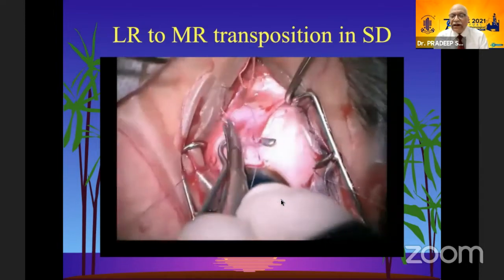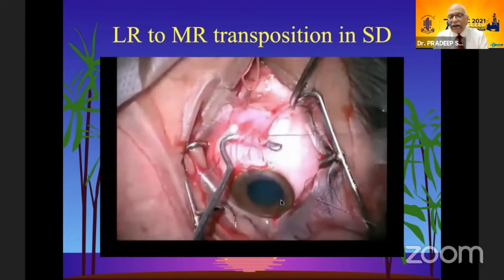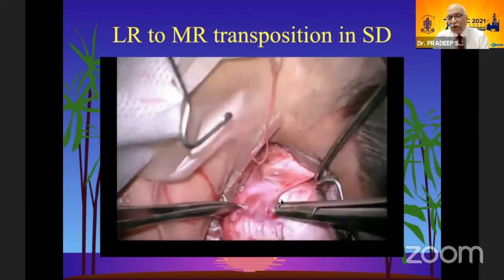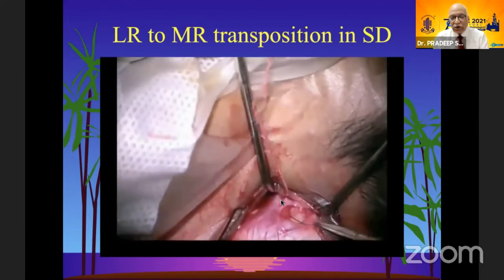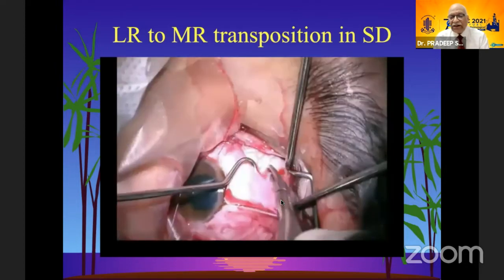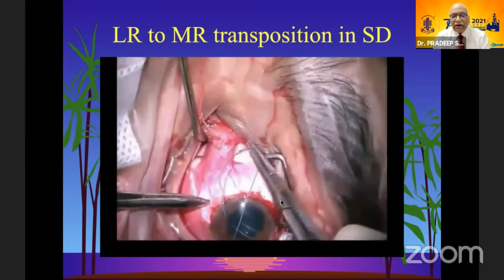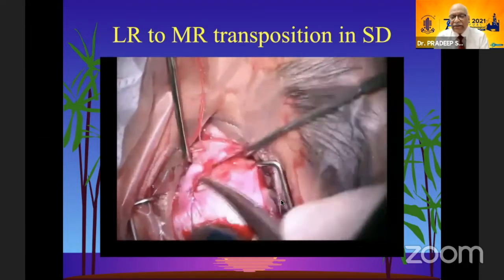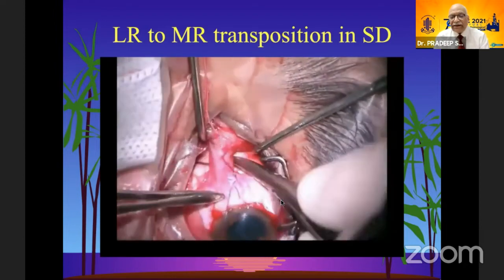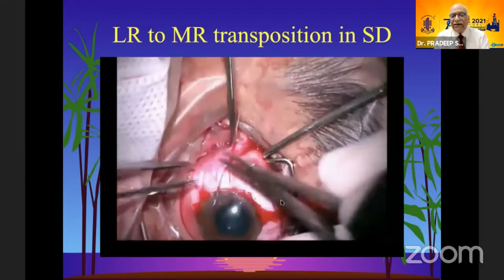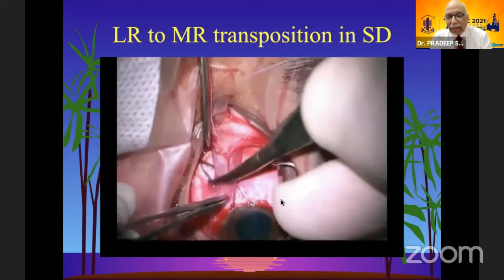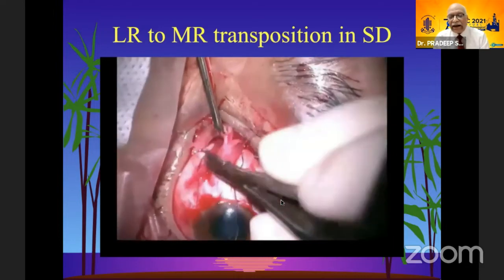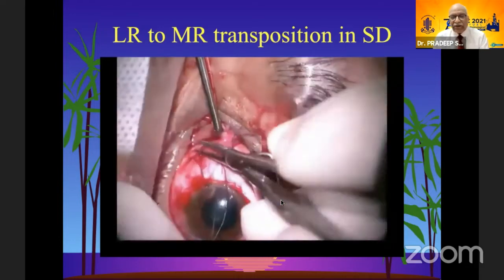Now these sutures have come. I am showing you the cross-section type of procedure in which you can adjust it by using the cross-section and vectorizing the force much more. So we do not get undercorrections with this type of technique. And that means the superior half has come inferiorly, and the inferior half of the lateral rectus has come to the superior end of the medial rectus. These can be intraoperatively adjusted if it's a child, and then we go by the deviation under the microscope. But if it's an adult, we can do it as an adjustable procedure 5 to 6 hours later.